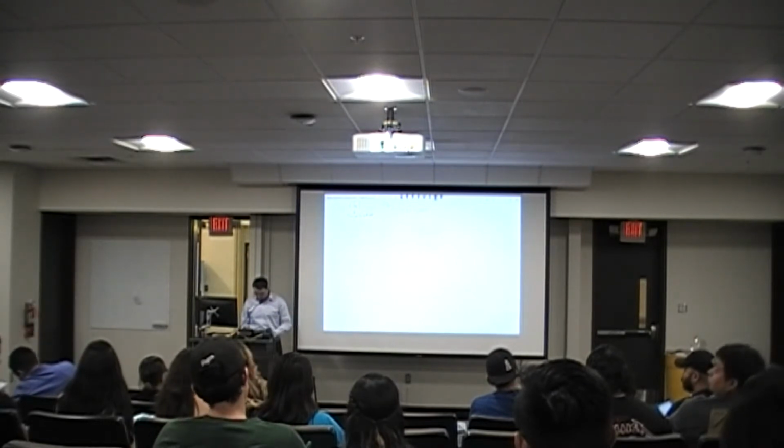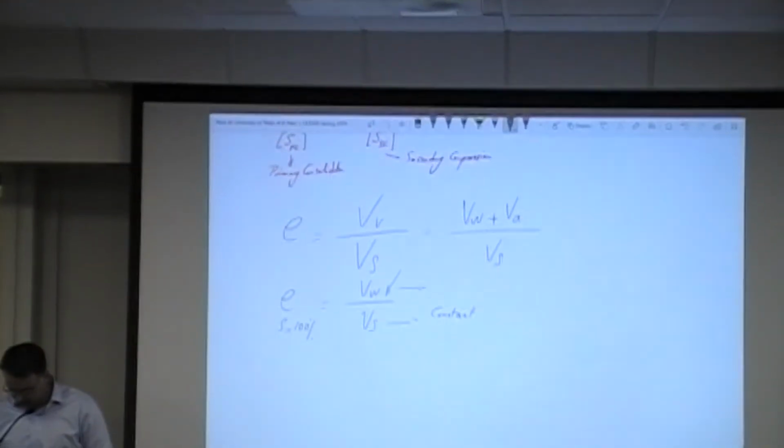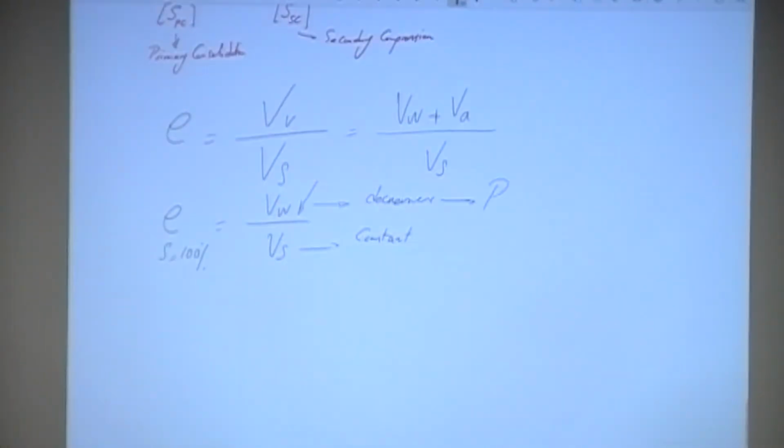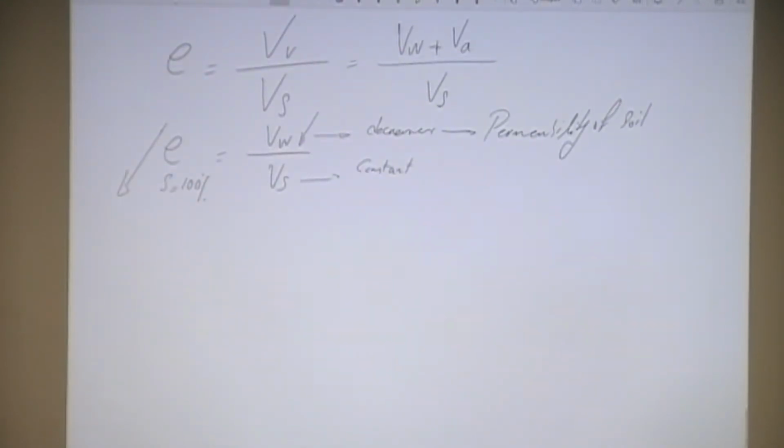So you have volume of water. What happens to the volume of water? And this decrease is a function of permeability of the soil. What happens to the void ratio? Denominator is constant, numerator goes down, therefore this will go down as well, right? So that's the reason that for the analysis of the settlement associated with the escape of water from the medium,